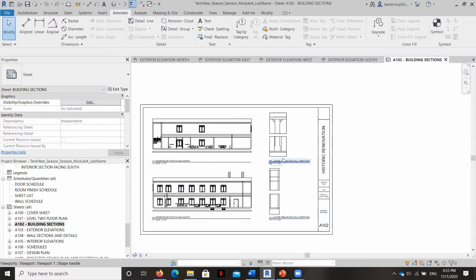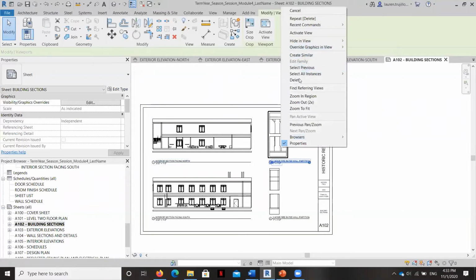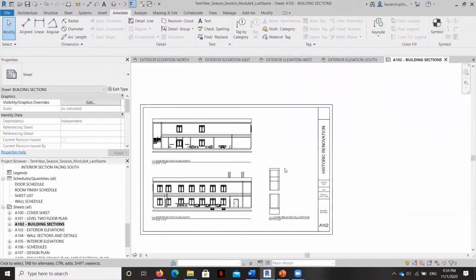So what I'm going to do first is I'm going to move these two drawings over to this wall sections and details sheet. And I'm going to then increase the size of these. And so, as I mentioned to you earlier, Revit is wonderful because it allows you to shift and move things around as you see fit. And I wanted to make sure that we had plenty of room to really learn how to show these two really important elements properly. So I'm going to begin by right-clicking on them here and deleting them.